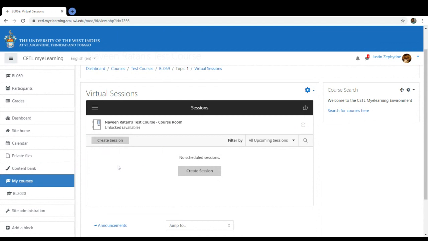But the reason I want you to create a session and identify each session by topic is because when the recordings are stored, they're stored according to the title that you give that session. And you don't want to have a repository of recordings with the same names or titles. All right, so that's why, and there are other reasons too, but that's one of the main reasons I recommend creating a session. So you click create session.